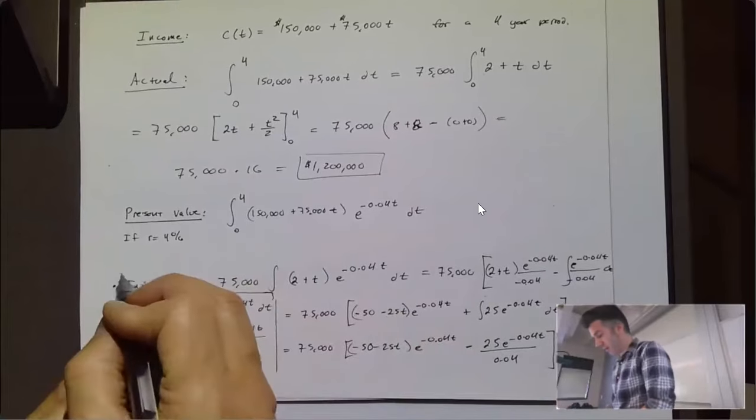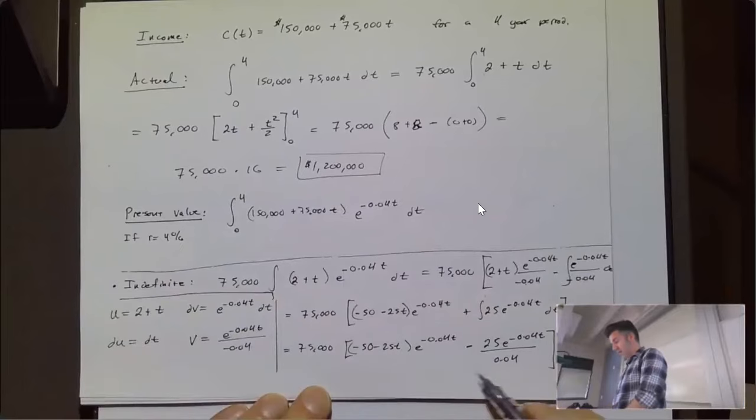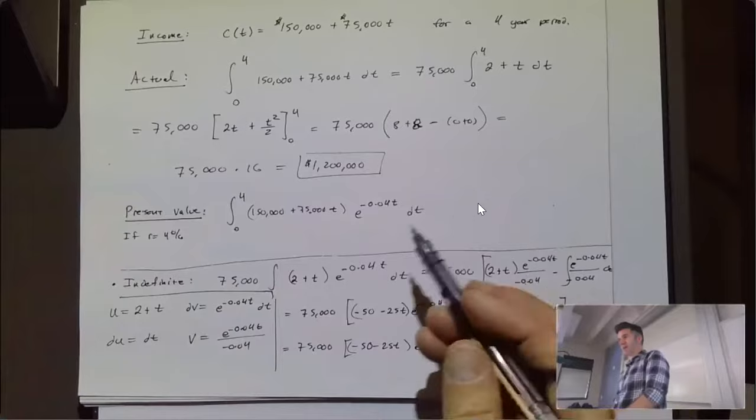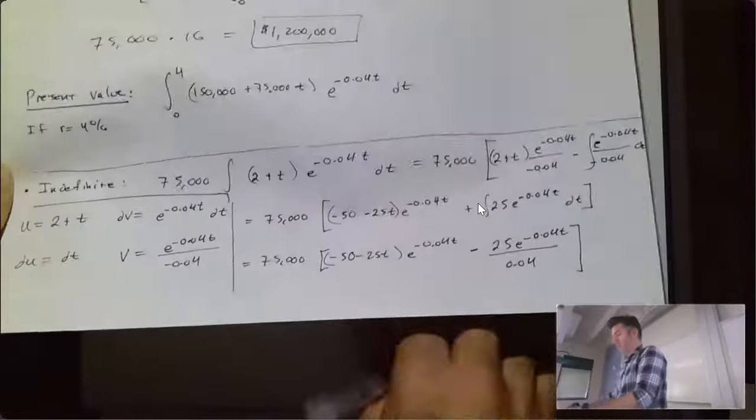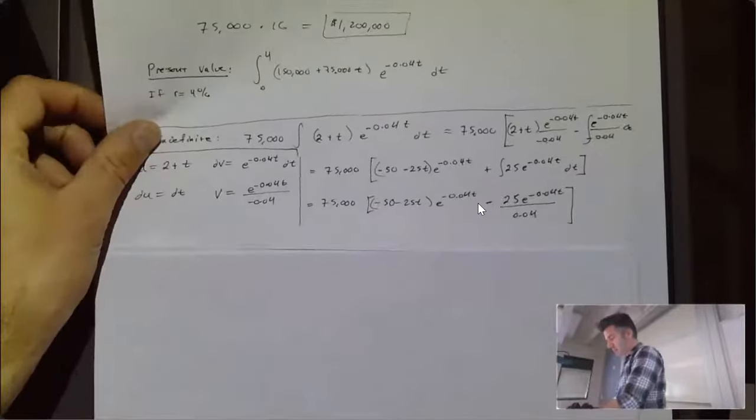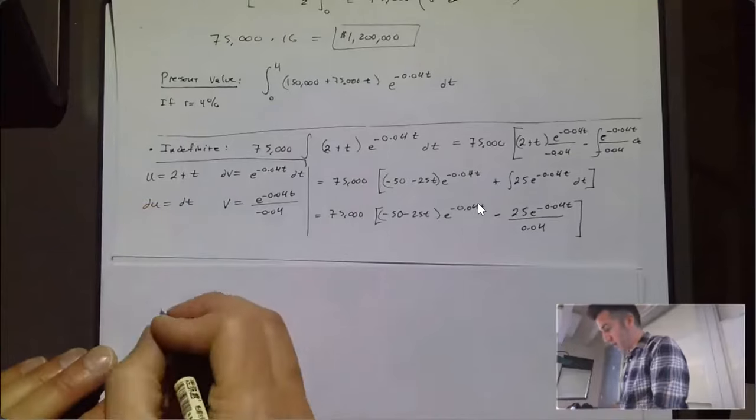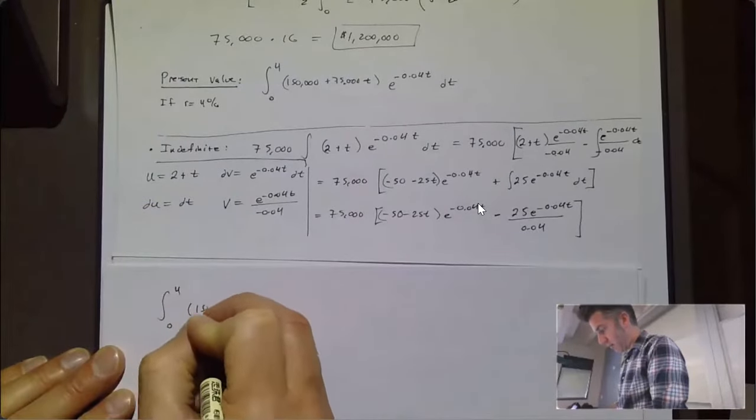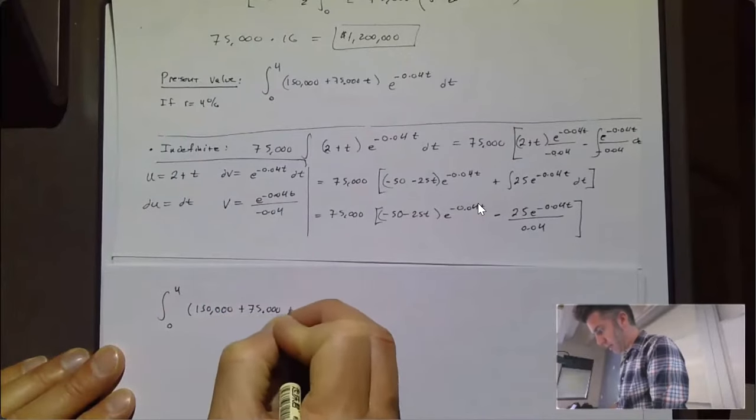And then we can go back and say, all right, if I actually want to calculate the amount, I'm going to take that integral and plug in 0 and 4. And I feel like I could try to squeeze it on this page, but it'd be hard to read. So let's just use another page. So if I now want to find the actual present value, it's going to be the integral from 0 to 4 of my 150,000 plus 75,000 t